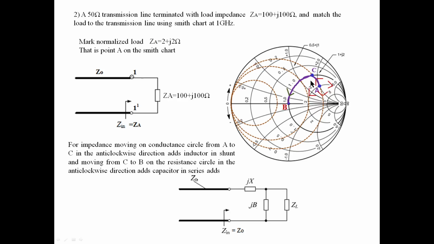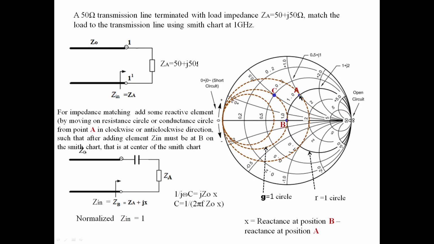Okay, so load is something like this. First from the load you reach the center of the Smith chart, the R is equal to 1 circle. Then from that point you reach here. See, for example, here if I move directly, it is already on the R is equal to 1 circle. See, this is for example the load. From here I can easily reach here. That is only one component we can add here, it's enough, because the load is already on the R is equal to 1 circle. By moving from here to here I can get an impedance match.